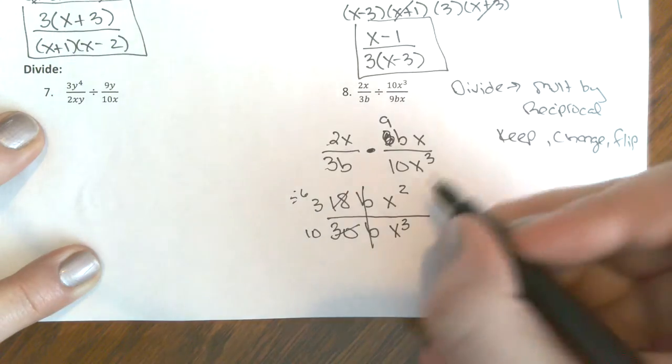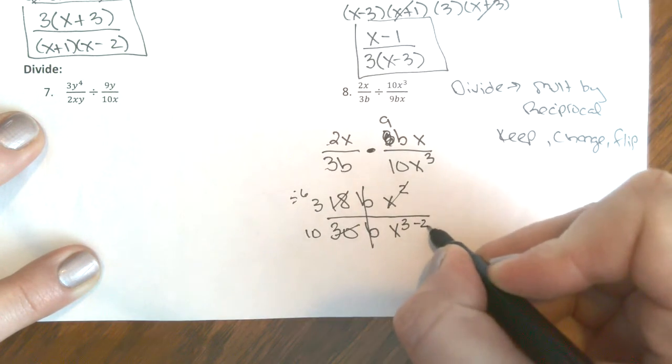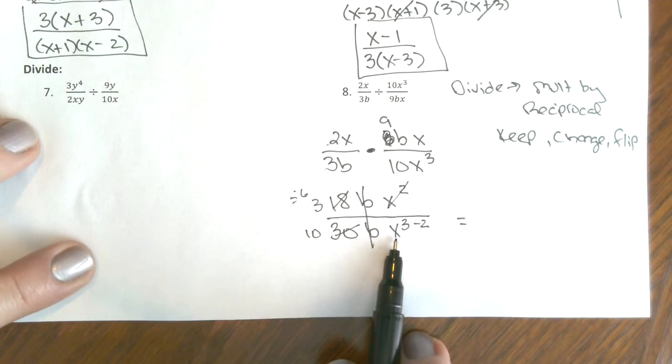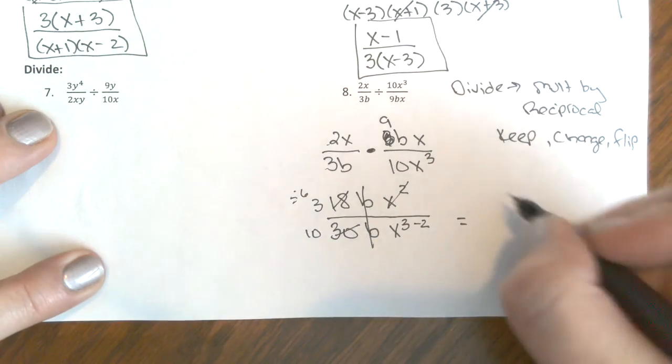Your b's cancel out. You subtract your x's. So I had more x's on bottom, so that means my answer is on bottom. And my final